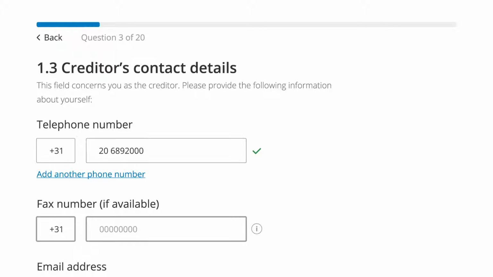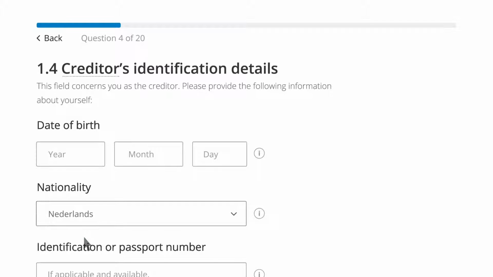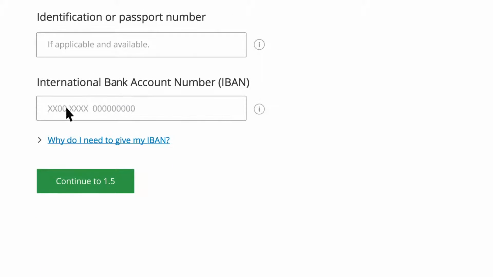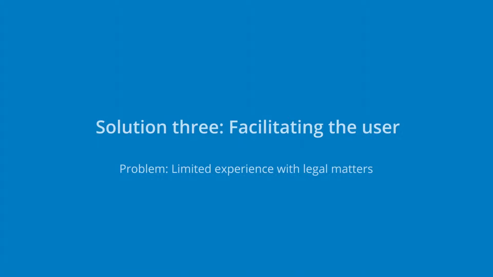In this telephone number field, we removed Peter's leading 0 and inserted a space after the city code. So as not to discourage users unfamiliar with a term or field, we provide tooltips that give brief explanations. Sometimes a link formulated as a question is placed to provide additional information that explains why certain data must be acquired. By facilitating Peter, we prevent him being turned off by the prospect of a bureaucratic procedure. Our aim is to not scare people away from taking legal action against fraud.